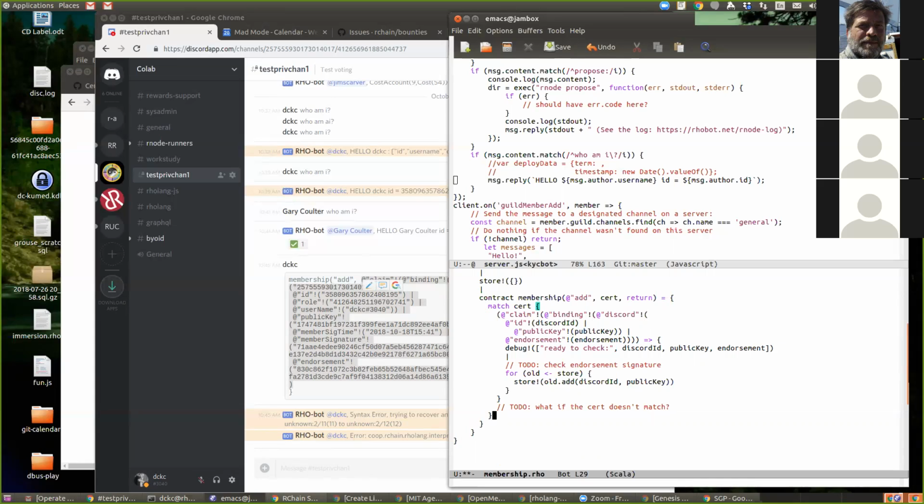Now, is there a reason why you're not storing the whole record, and just the public key? Oh, not a good one.